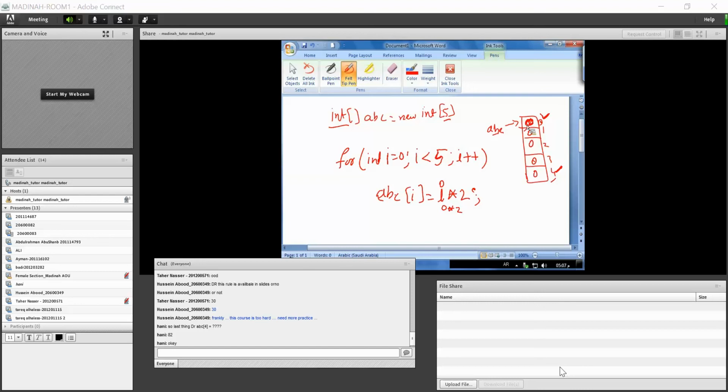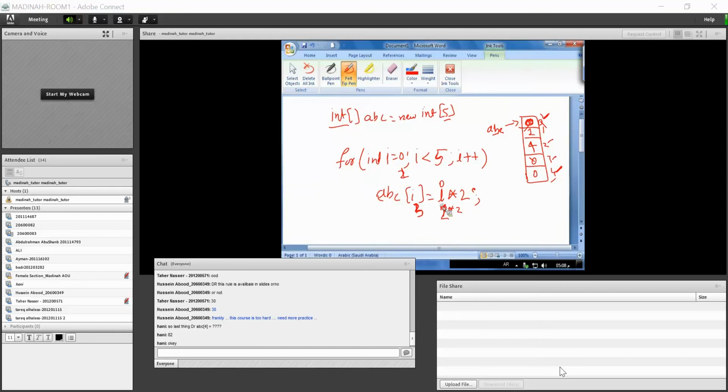The second value: then I will become 1. So when I becomes 1, ABC of 1 will be 1 into 2, which is 2. So here the second value will be 2. Then next I becomes 2. So ABC of 2, that is this one, is equal to I is 2 into 2, that is 4. And the next I becomes 3, ABC of 3, which is this one.